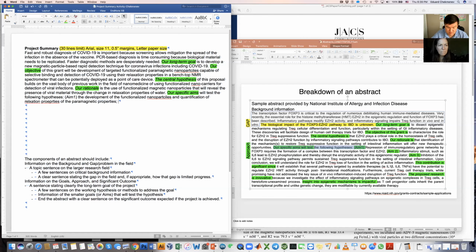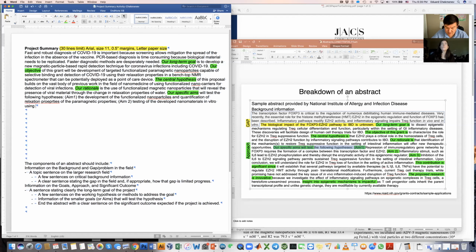Well, aim 2, testing of the developed nanomaterials in vitro using laboratory samples of COVID-19 to test the feasibility, detection limit, and to establish